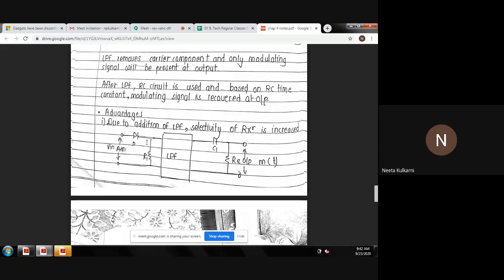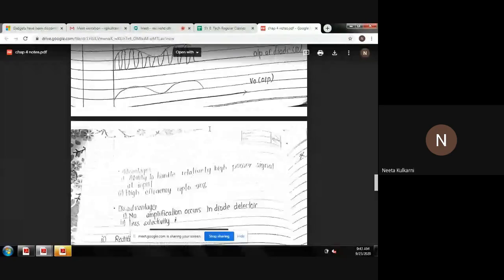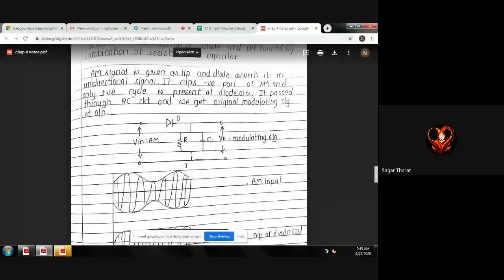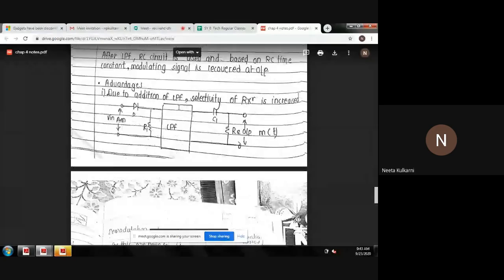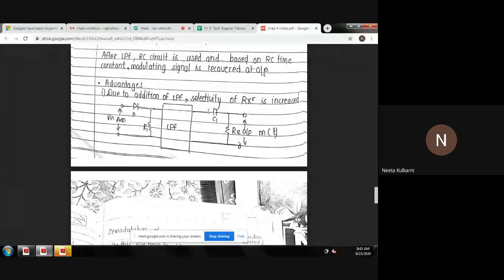Then the output of the diode is passed through this resistor, and here one more low pass filter is used. आणि इथं जो हा RC वापरलेला आहे, it is also by default forming a low pass filter. So here one additional low pass filter is added. आधीच्या याच्यामध्ये कसं होतं, फक्त आपण इथे कॉम्बिनेशन R आणि C चं वापरलं होतं. इथं काय केलेलं आहे, one more low pass filter is used in combination with this RC filter, and that's why